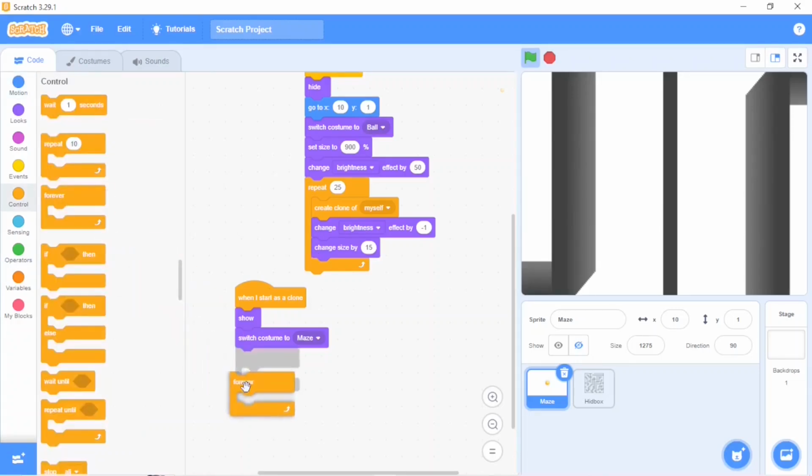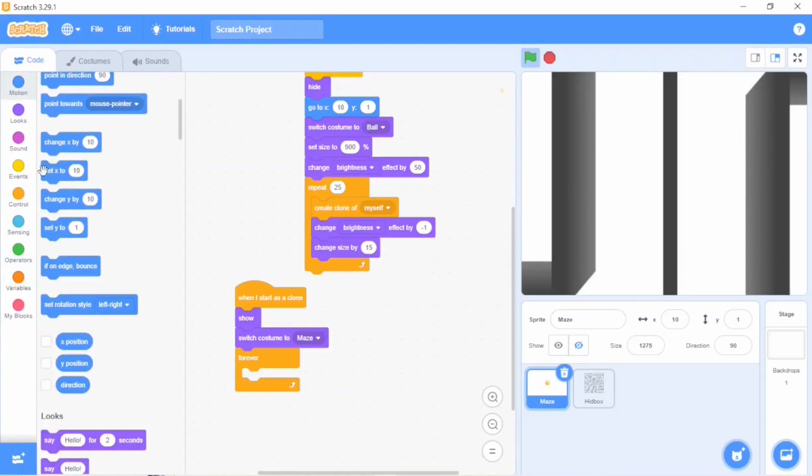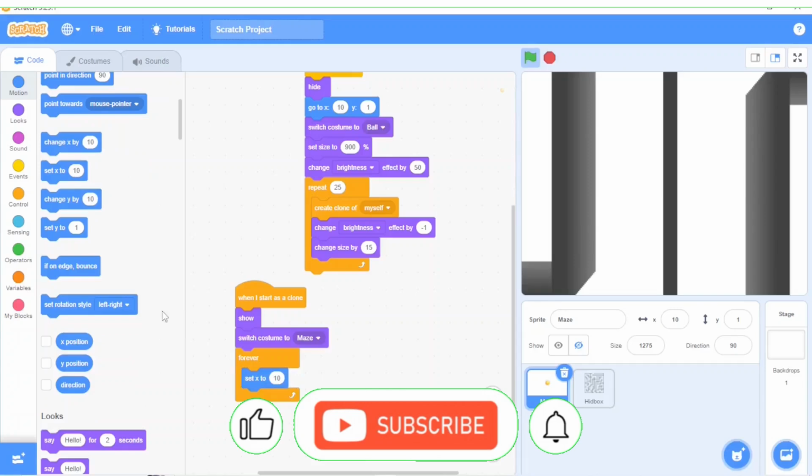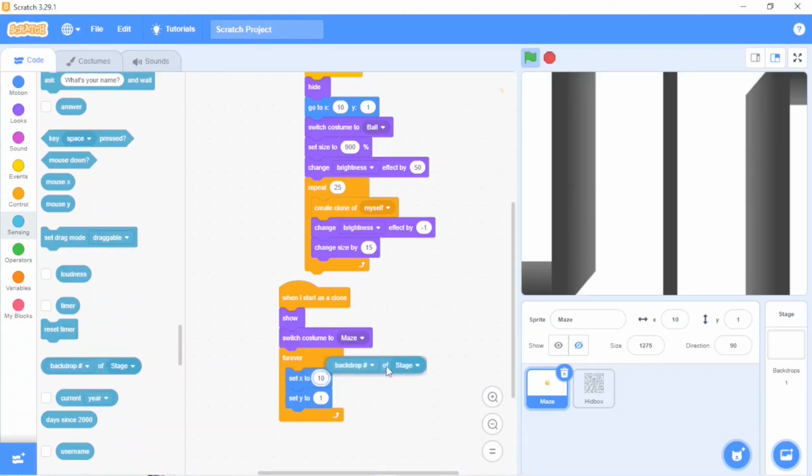Now go to control, take forever loop, go to motion to set x and y position, set x2 and set y2. And now go to sensing, take backdrop of stage, place it over here, and in this select the hitbox. Here also x position and here y position. Okay. Now I just click on the green flag, and you can use your arrow keys to show the